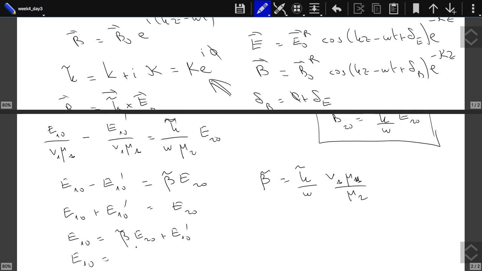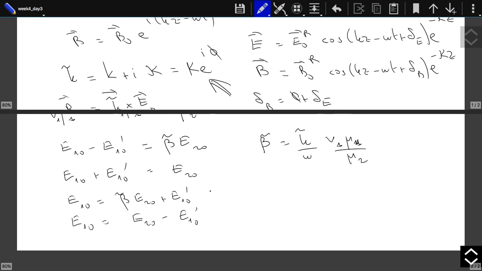E10 is at the same time E20 minus E10 prime. So if you just sum them up, you will obtain E20 is equal to 2 over 1 plus beta tilde E10, and E10 prime